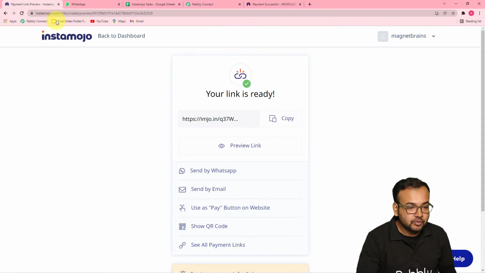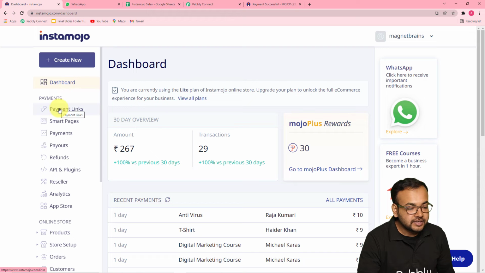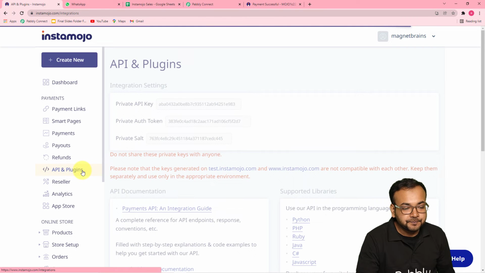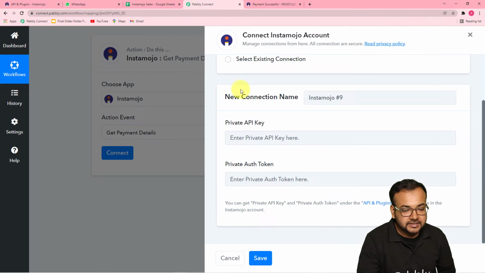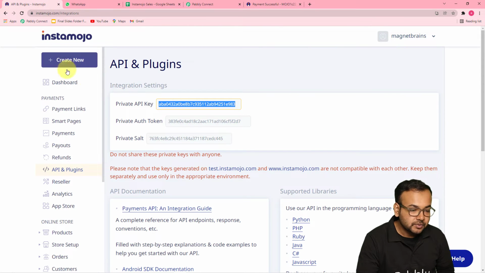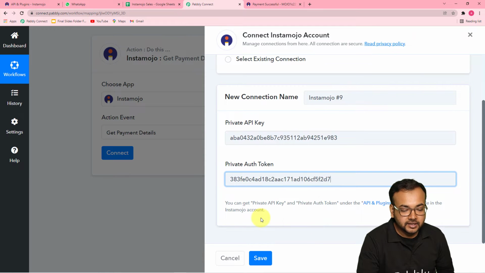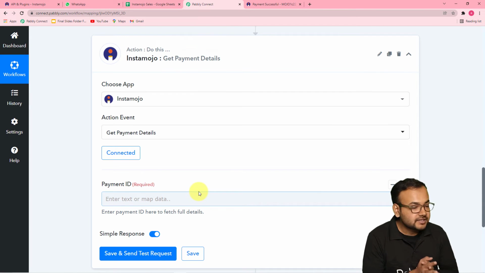So guys, this is my Instamojo dashboard. I am going back to my dashboard, and here on the left hand side you can see we have these tabs, and we have this API and plugins tab here. So click on this tab, and here you can see we have this private API key, and the token as well. Okay, so first of all, copy this private key and paste it here in this private API key field like this, and then go back to the dashboard, and from this token option copy the token as well and paste the token back here in Pabbly Connect in this field. Okay, like this. Then just click on save here, and you can see now we are connected with Instamojo again,